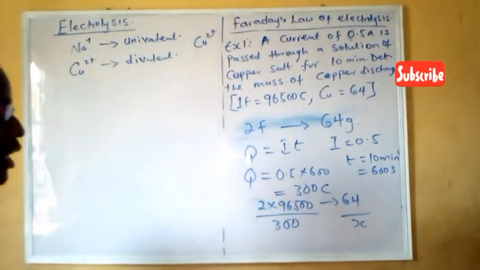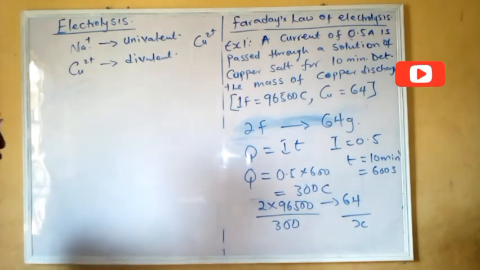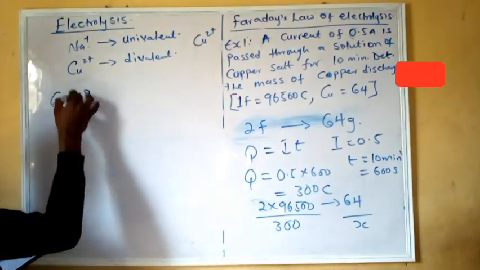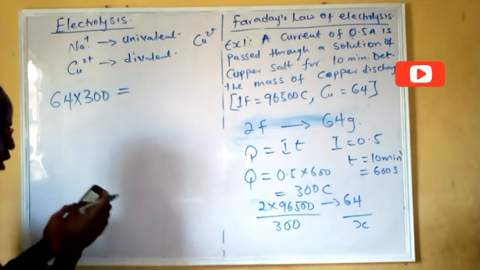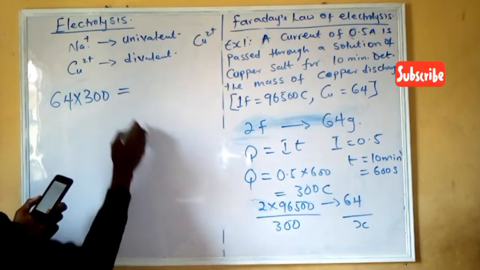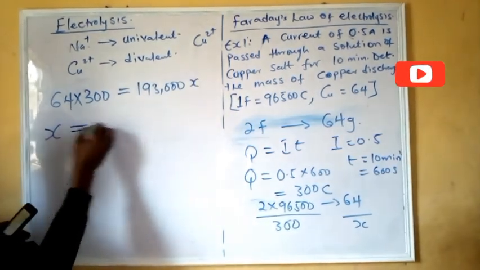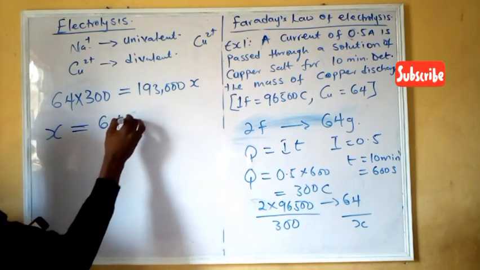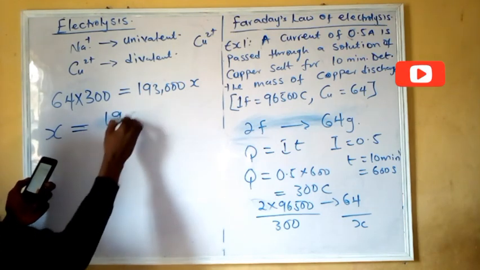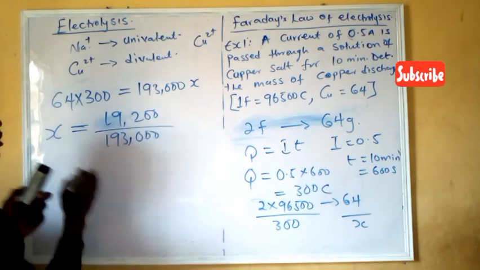So from there, cross multiplying, I'm going to have 64 multiplied by 300 equals 2 times 96,500 times X. So that gives us 193,000 X. So the mass of copper that will be deposited is going to be 64 times 300, which is 19,200, all divided by 193,000. So that gives us